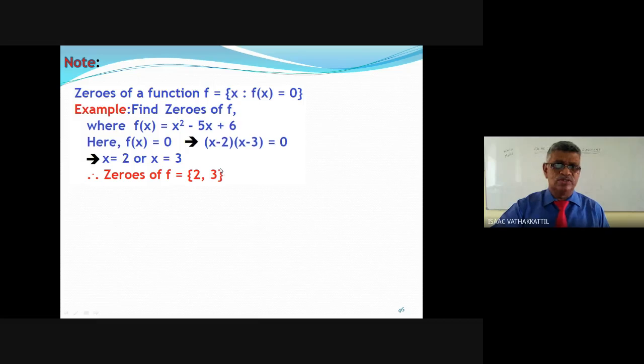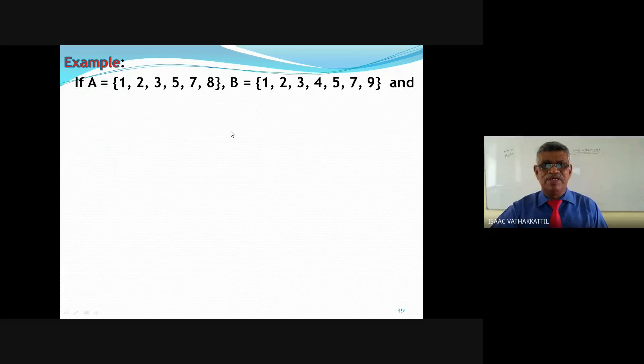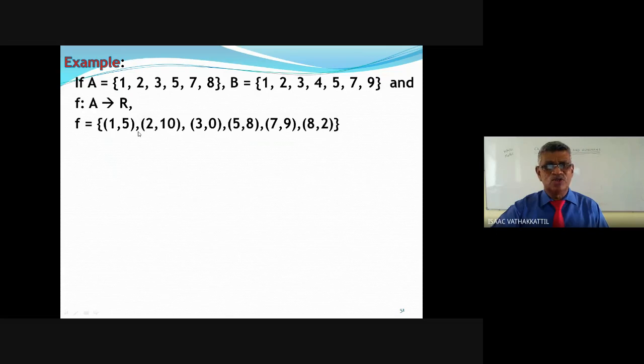Just zeros. Now let us come to our point. A is equal to {1, 2, 3, 5, 7, 8}. B is {1, 2, 3, 4, 5, 7, 9}. Be careful, I have two sets A and B. I am going to define f from A to R. f is equal to {1, 5}